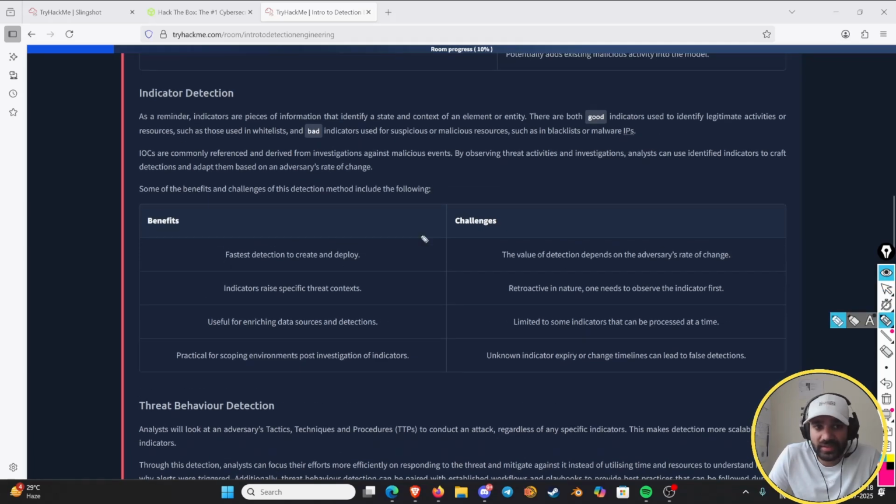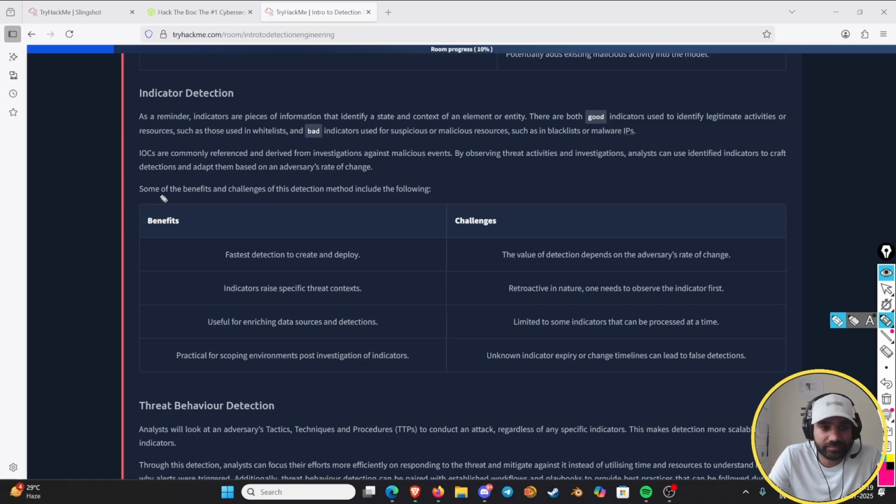Then we have indicator detection. As a reminder, indicators are pieces of information that identify the state and context of an element or entity. There are both good indicators used to identify legitimate activities or resources, such as those used in a whitelist, and bad indicators used for suspicious or malicious resources, such as a blacklist or malware IPs. Now, IoCs are commonly referenced and derived from investigation against malicious activities or events. By observing threat activities and investigation, analysts can use identified indicators to craft detections and adapt them based on adversaries'